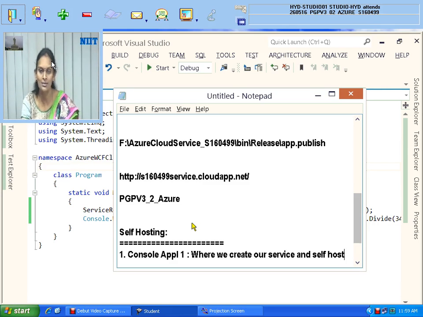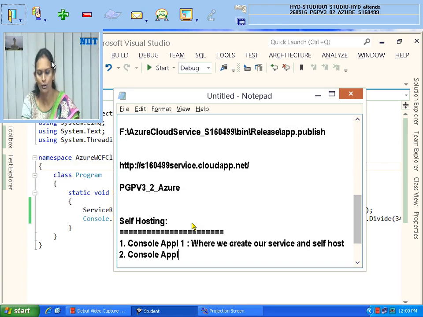That means it is the application where the service is available and where it is hosted also. Hosting and creation I will do in the same application. And the second application is the console application from where you want to consume the self-hosted service.